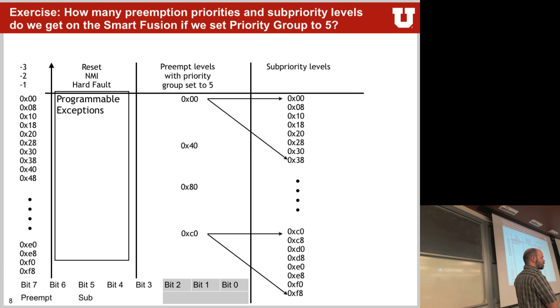But here we have 3 until 7 as sub. No. Sub-priority starts here down to 0. These are not implemented. They will always be 0. So you can only have this either at this bit. This is the first one that you can have as sub-priority. So here we can have